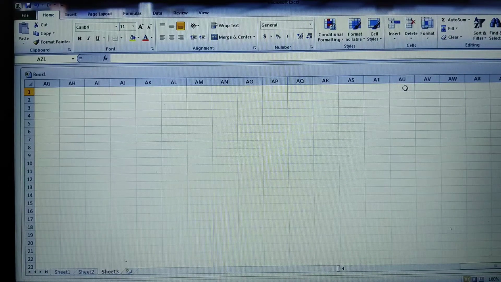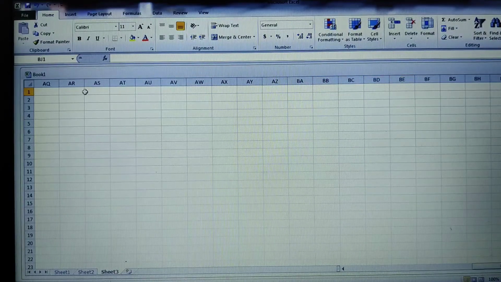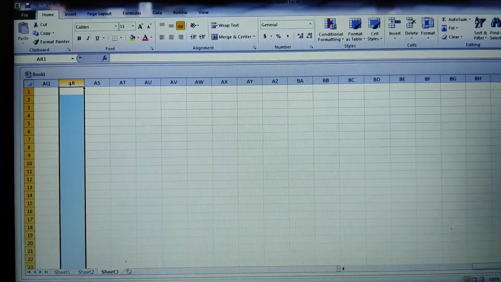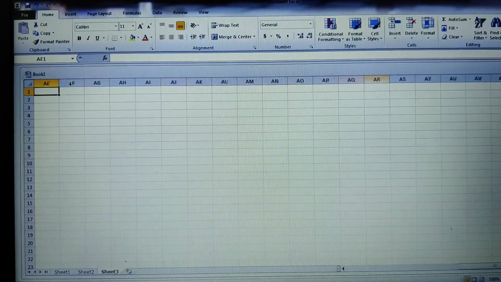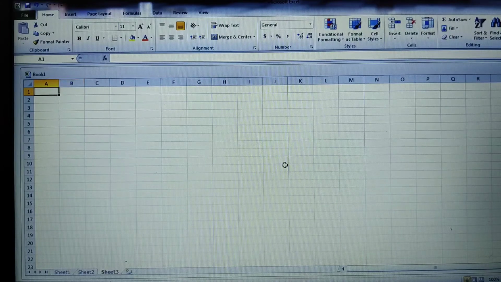Once it ends at AZ, it starts again with BA, BB, like this up to BZ. So this is how the columns range, from A to XFD.